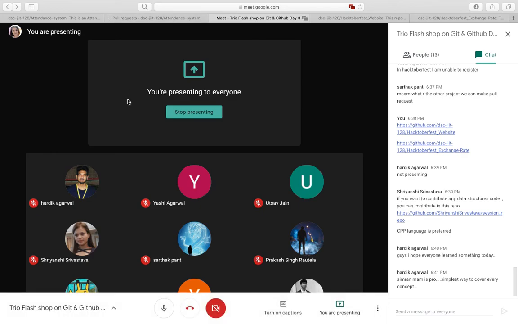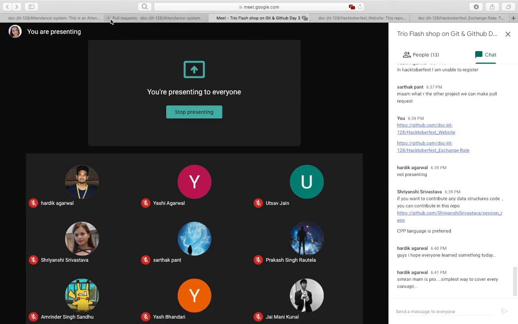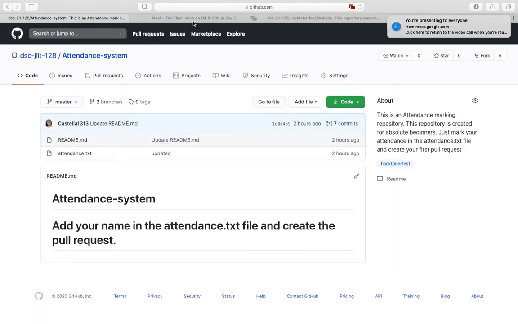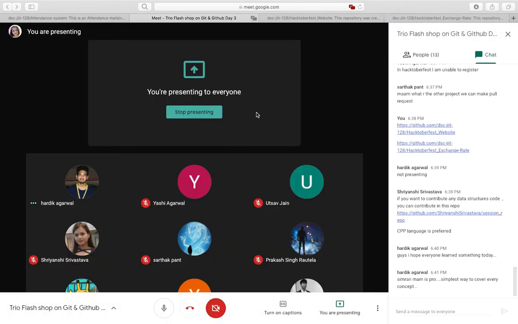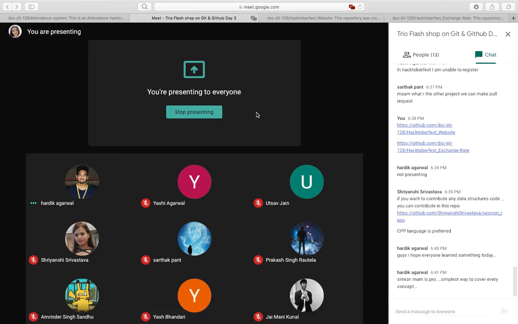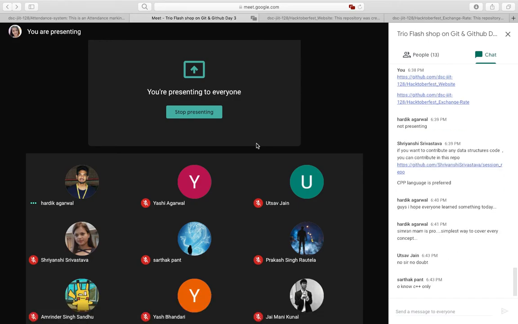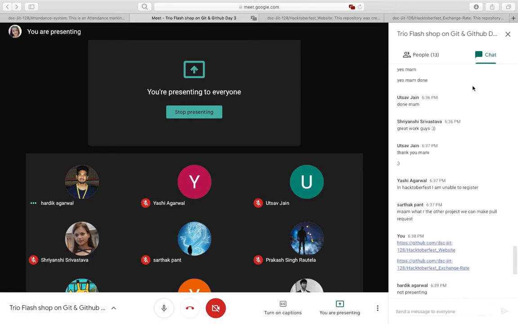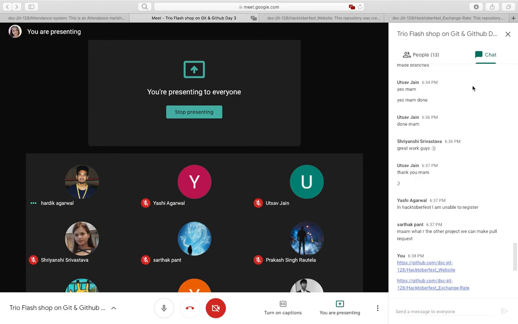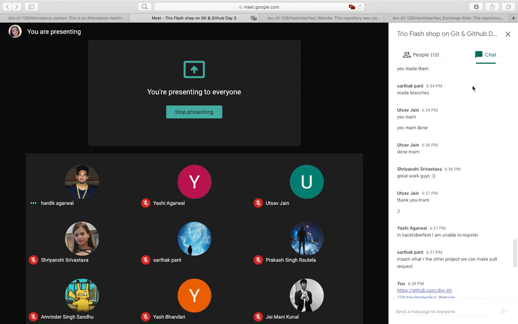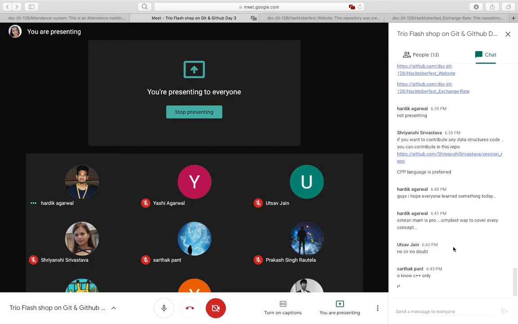Hardik sir, is there anything you would like to add? No, I think you have added everything. Guys, any doubts? Now is the time to ask. No? Okay, I think we are done explaining everything. If anyone is stuck anywhere, Amrinder was saying something, right? He was having some problems. Is it clear now? And I guess Yashi was also saying something. So you guys can stay, and the rest of the people who are done can leave the meeting.